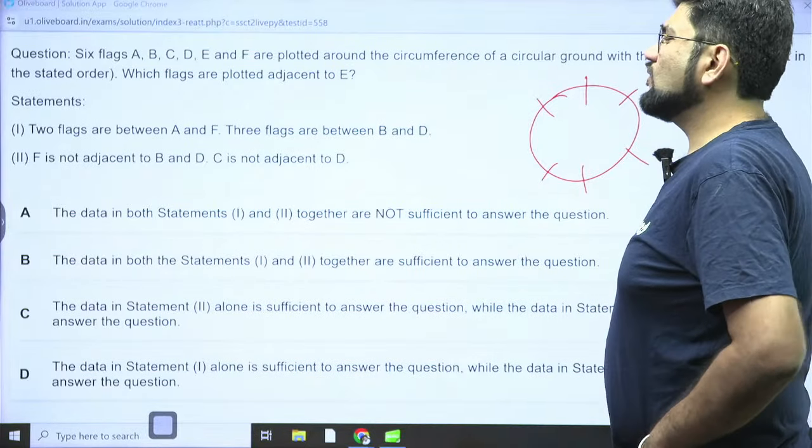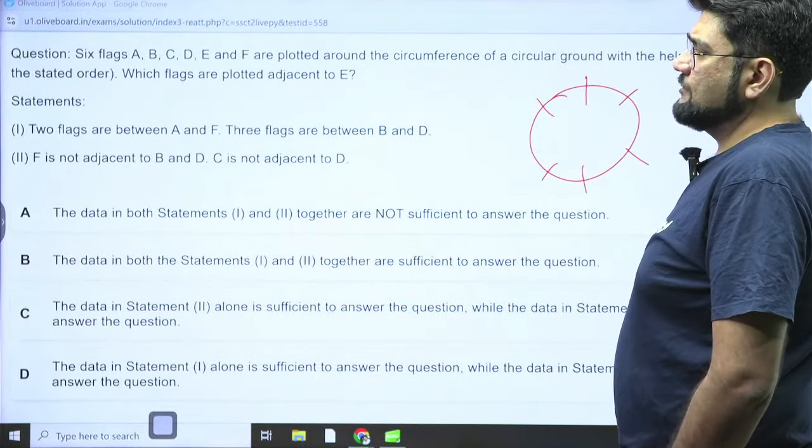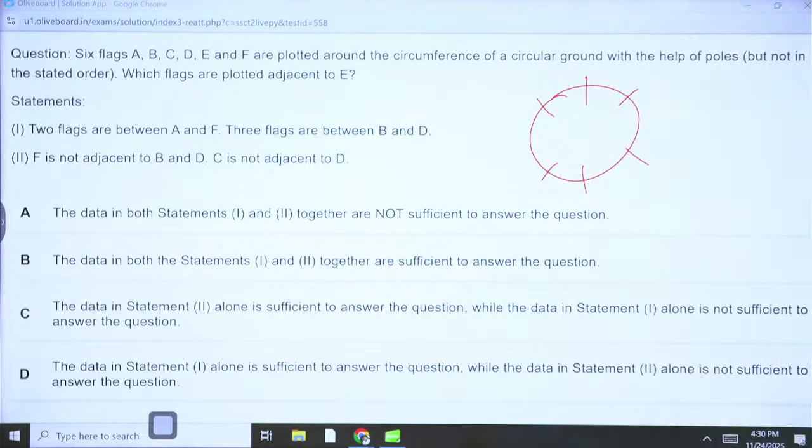Can we figure this out? I don't think so. F is not adjacent to B and D. C is not adjacent to D. This is also not sufficient. But if we combine both of them together,